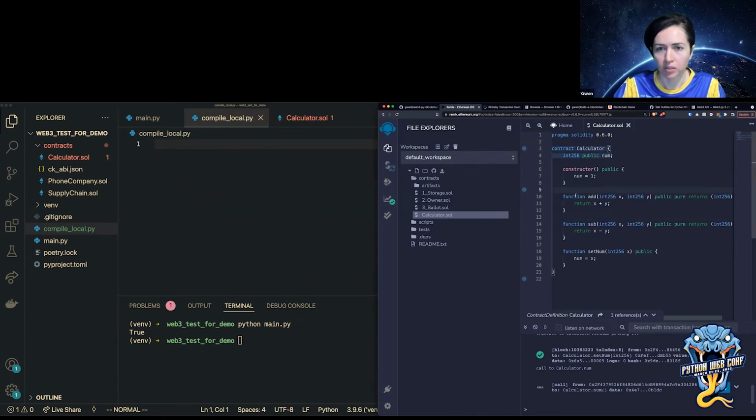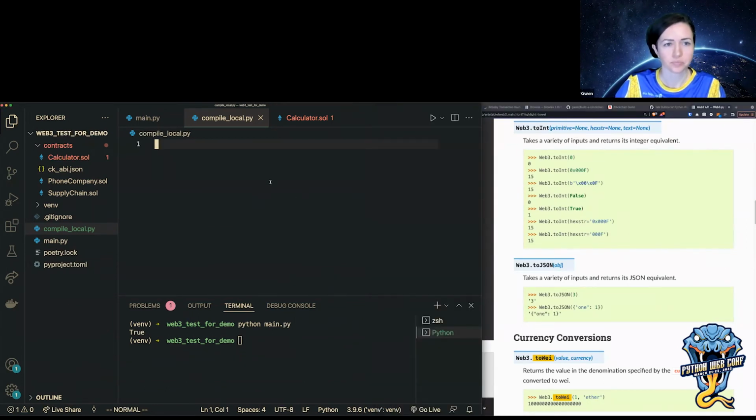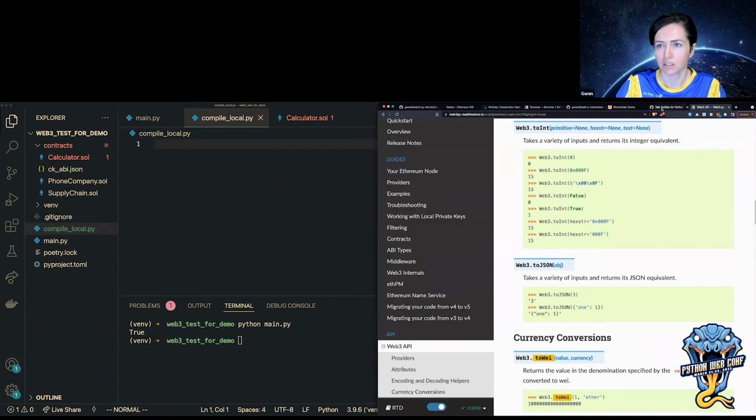And you can see whatever network I'm deploying to, a testnet or mainnet or a local network, it's the same APIs that I'm going to use.